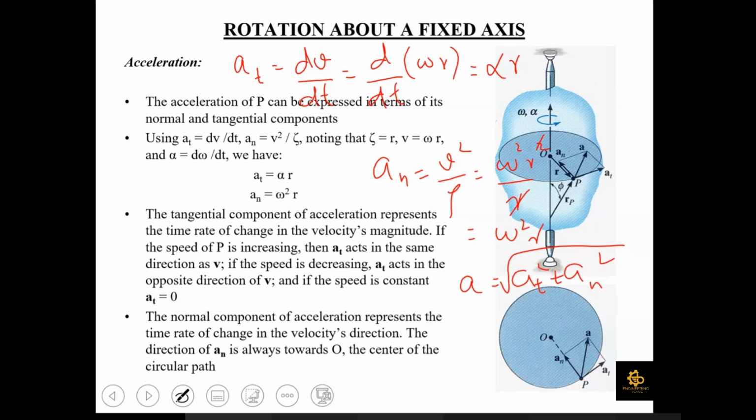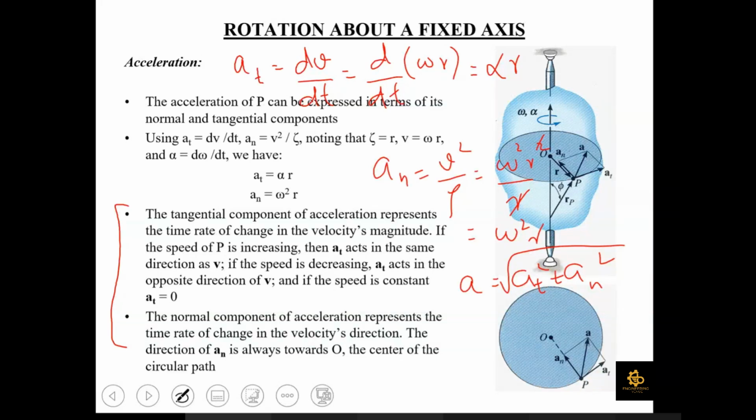Yes, sir. Okay, so the tangential component of acceleration basically represents the time rate of change in the velocity's magnitude. If the speed of p is increasing, then at acts in the same direction as v. If the speed is decreasing, then at would be acting opposite to the direction of v. ये वही चीज है जो हमने चैप्टर नंबर 12 में भी देखी थी कि आपका जो at है, it represents the change that is occurring in the magnitude of v. So if v is increasing, then at and v are going to be in the same direction. If v is decreasing, then at is going to be opposite to the direction of v,